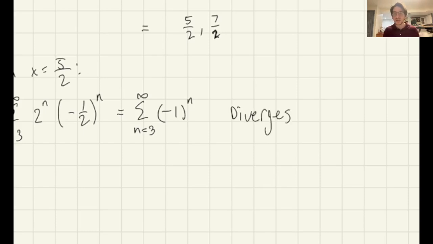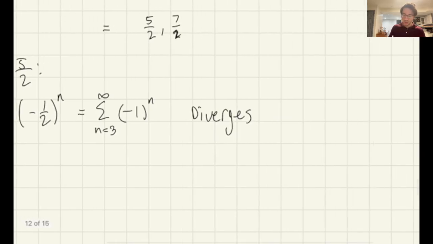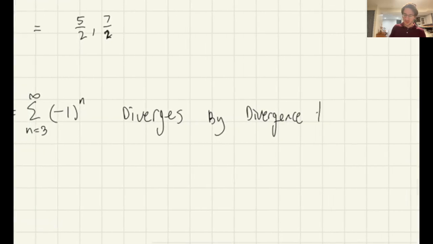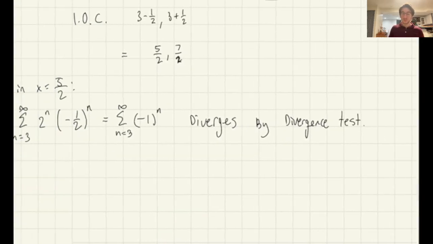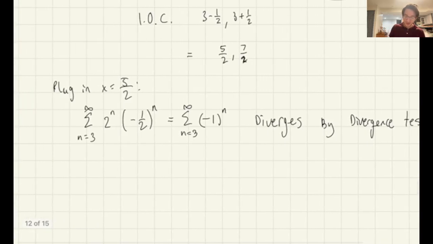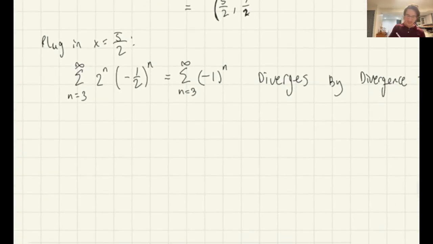The limit of the individual terms is not 0. This diverges by the divergence test. Again, the limit of the individual terms does not go to 0. Because that diverges when x is 5 over 2, I put a parenthesis there. Okay, and then we do the exact same thing